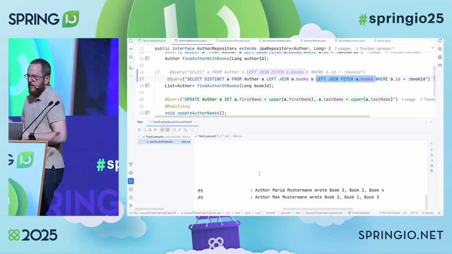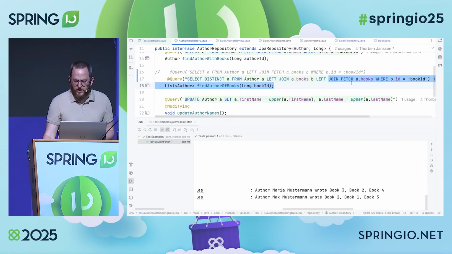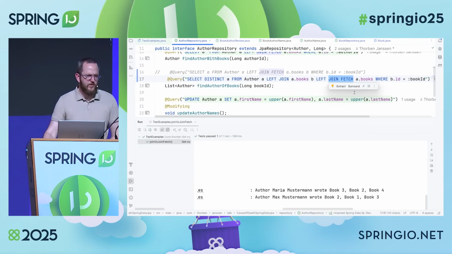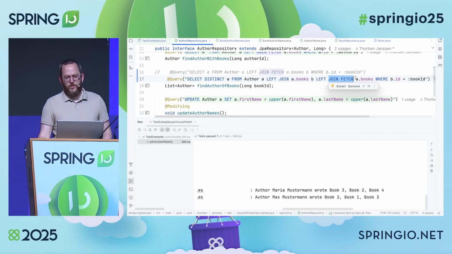A join fetch tells your persistence provider you want a fully initialized list of books. And that means you can't use that in any predicates in your where clause. Please make sure to always join it twice, once for the where clause, once to tell Hibernate or EclipseLink that you want to fully initialize the list of books.